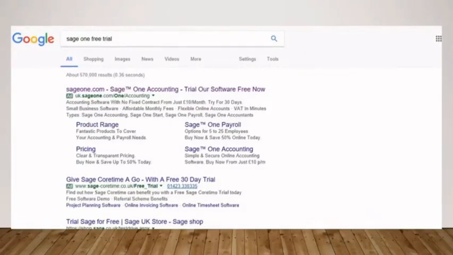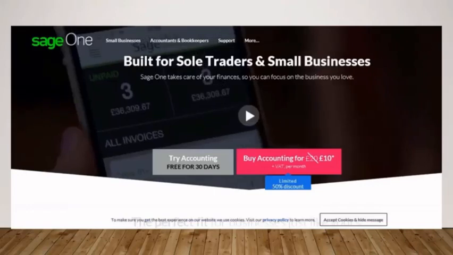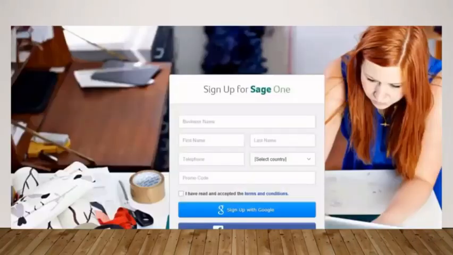First, you will need to sign up to Stage 1's free trial. So type Stage 1 in the Google search bar, select the first one, try accounting, put the business name as Fred's Food Store, or you can indeed use your own, your name, telephone, this can be real or made up,